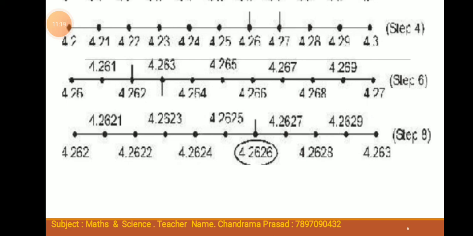The given number lies between 4.262 and 4.263. Now again divide 4.262 and 4.263 into 10 equal parts, which are represented by